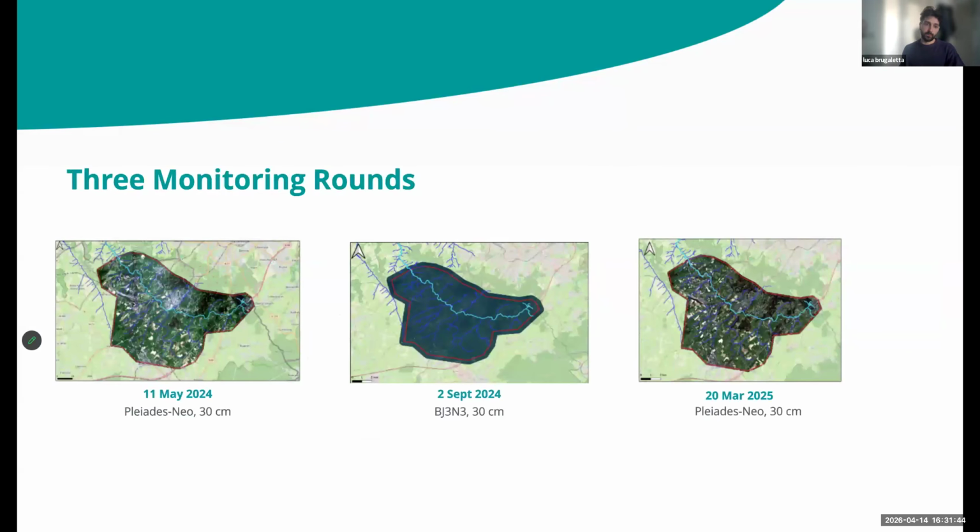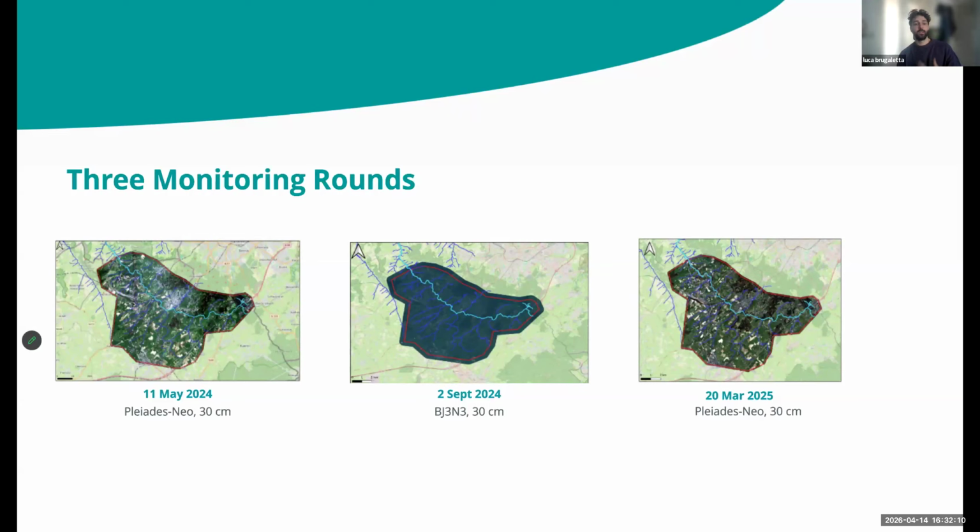The 3 monitoring rounds, or 3 campaigns, have been done in different periods of time, and they involved different types of data, all of them in very high resolution. So we have the first one, which is the Pleiades Neo, which has a resolution of 30 centimeters per pixel, and it has been the first